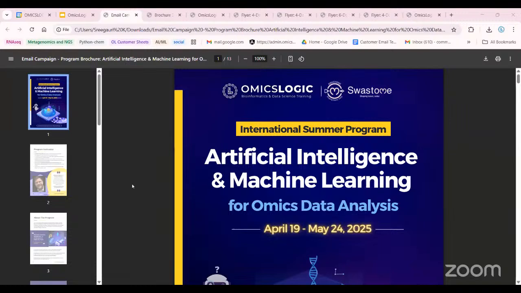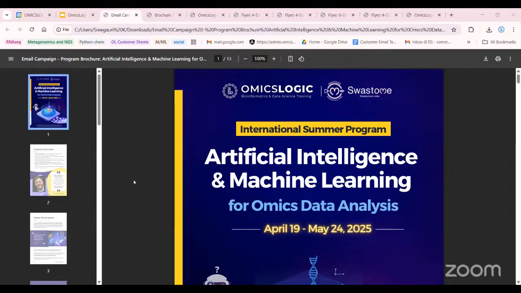So for participants who are interested in learning more about some of these topics in bioinformatics, we do have some upcoming programs that you can think about, long-term and short-term programs, as well as a research program. So I'll just quickly take you through it. And if you're interested to learn more about any of these programs or workshops, you can definitely reach out to us. And we will also email you all of these brochures and flyers so that you can have a look at it.